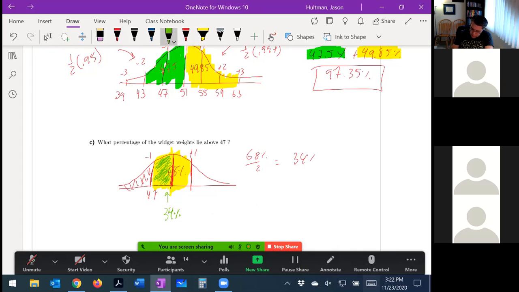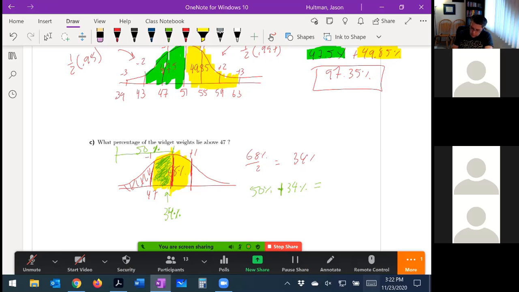If this green part is 34%, this whole half is 50%. Then 50% minus 34%... You know what, this should be plus, I'm sorry. This should be 50% plus this thing, but anyway, this is 34%